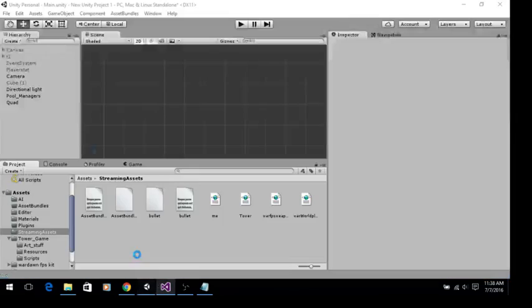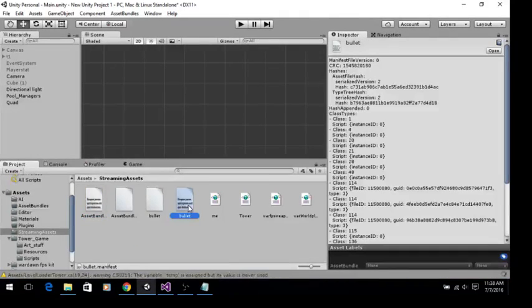So let's say we can go to another project and we just have a whole project full of nothing but models. Let's say you have your artist and you don't want him messing around with certain things, but you want his artwork. Well, asset bundles would be perfect for you because all you got to do is pull the asset bundle,